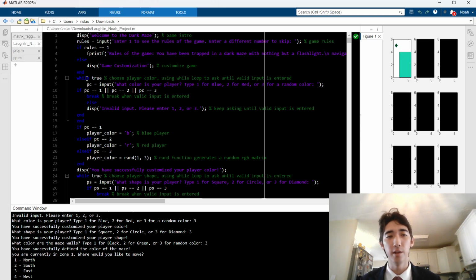We use a while loop here, because it needs to ask the player for inputs until you pick something valid, like 1, 2, or 3. If you pick 1, 2, or 3, it'll break, and then it'll customize whatever your choice was. Say you picked 1, the variable player color will equal B, that means blue,